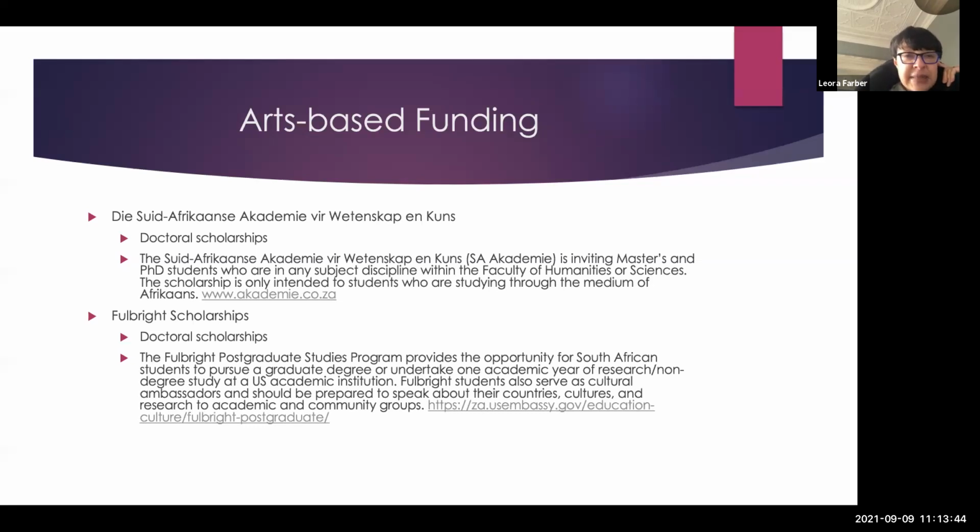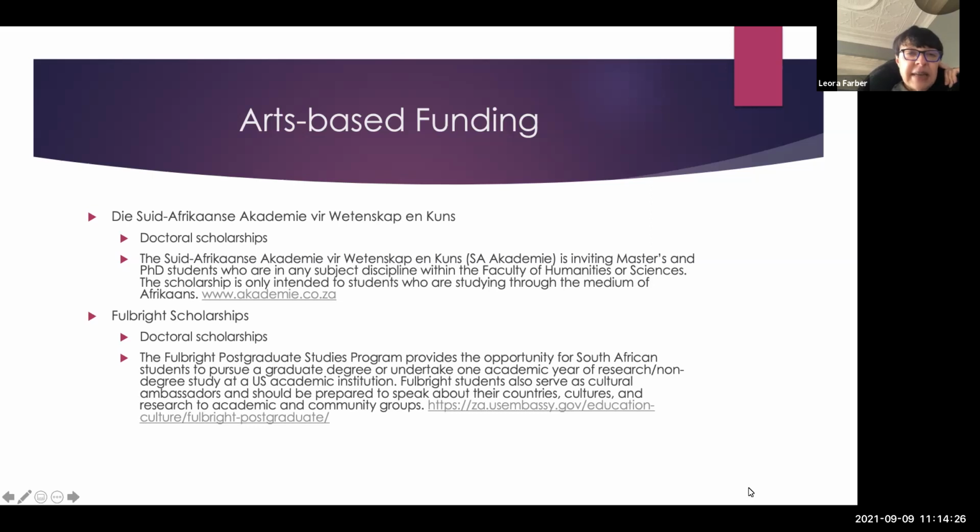Okay. Then the rest, these arts-based funding opportunities that I've put down here, I think it might be a bit misleading to say there actually are arts-based funding opportunities. I've put them down more as potential sources that one might try to get arts-based funding from, and that don't necessarily exclude arts-based research. But that doesn't mean necessarily that they're going to be favorable towards it. Yes, they might be open to this, but they might not. So some of these are quite specific.